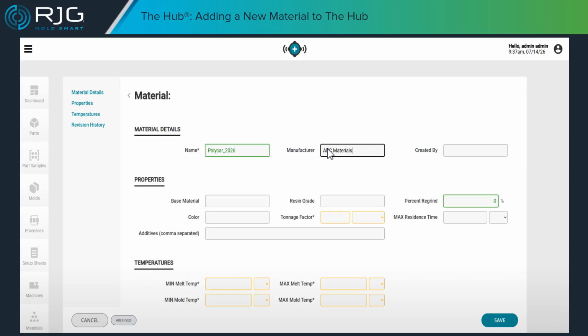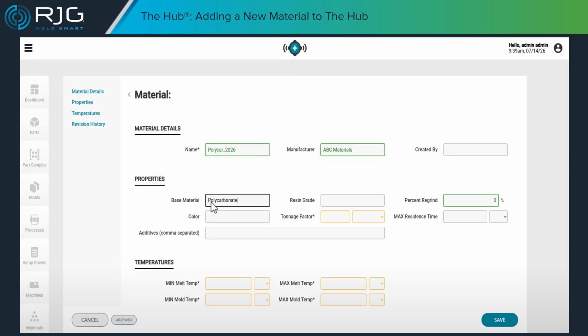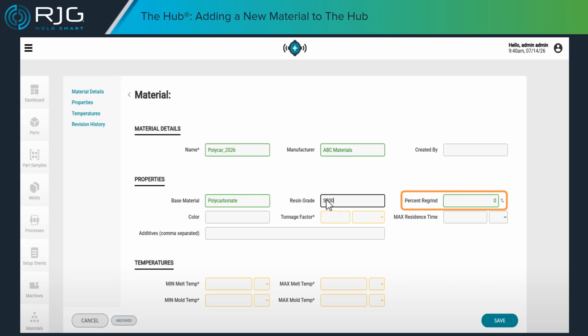We will select the field next to Base Material. And we will type polycarbonate for our example. Then we will select the entry field next to Resin grade. And type S300 for our example. Regrind defaults to 0%, but can be changed by selecting the field and typing the percentage for the material if it is different than 0. We'll leave this field as 0%